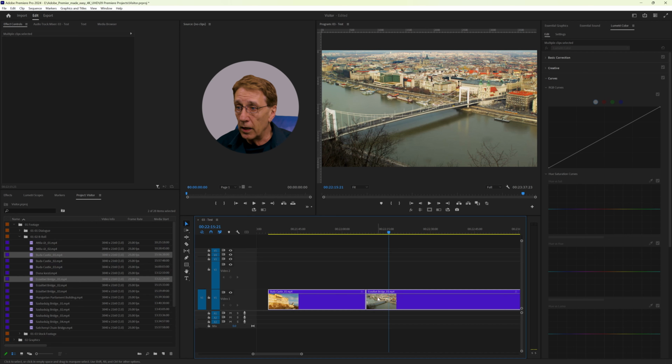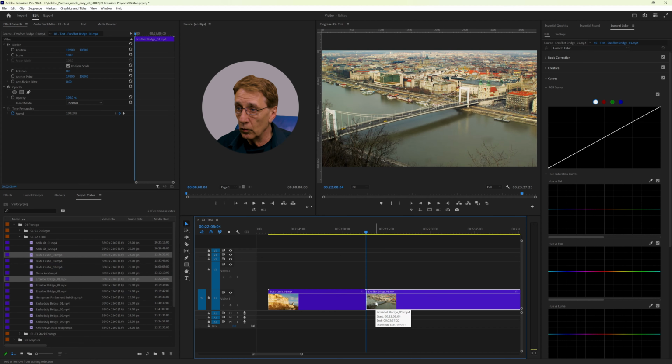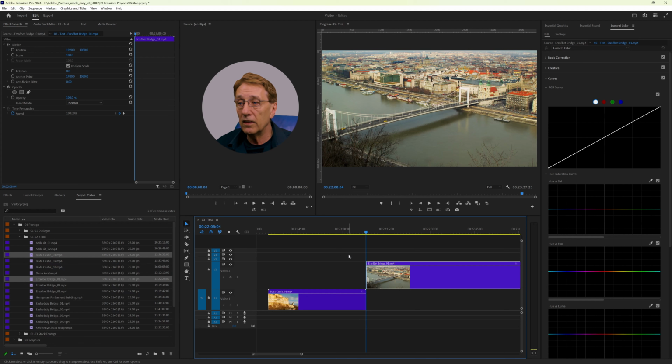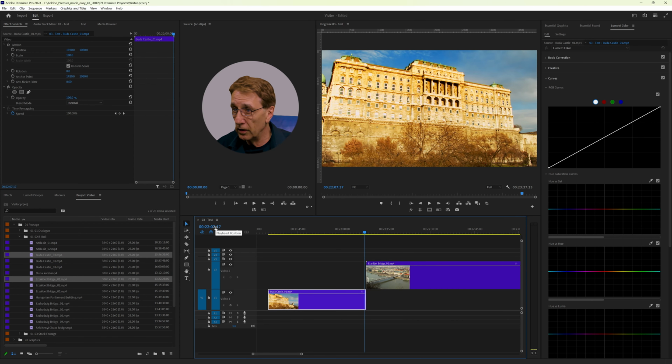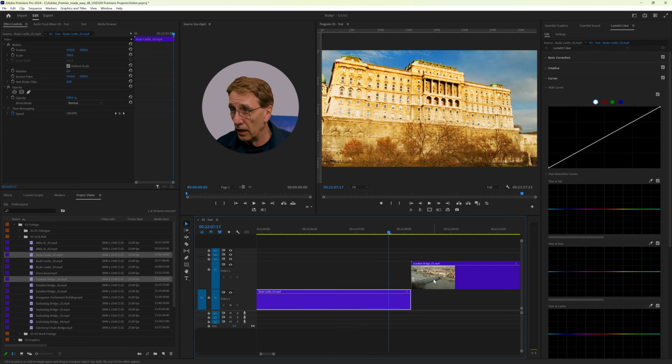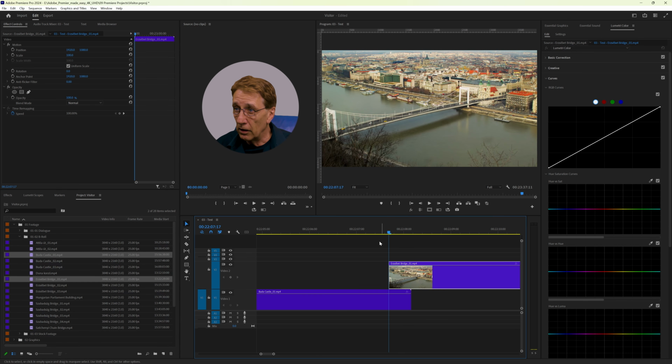And to have them overlap, I pull the Aşağıbad Bridge up in the next track with Alt and the up arrow. And now I want the transition to be 12 frames, roughly half a second on a 25 frames per second timeline. So I type here -12 to position my playhead exactly here, and zooming in, and now I move it to the left. Now they're overlapping exactly 12 frames.